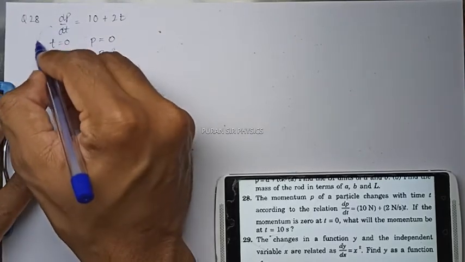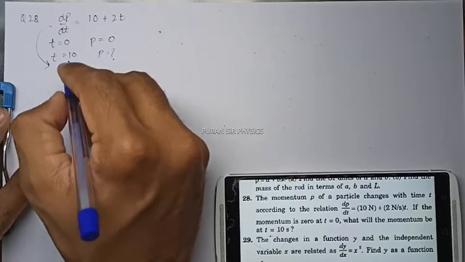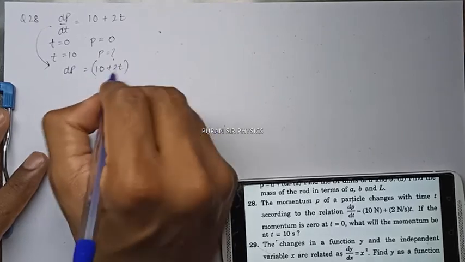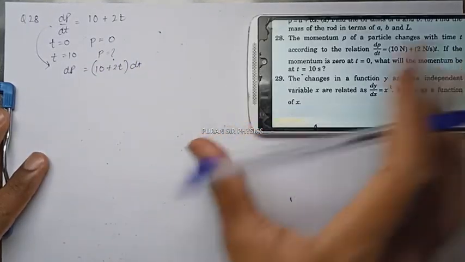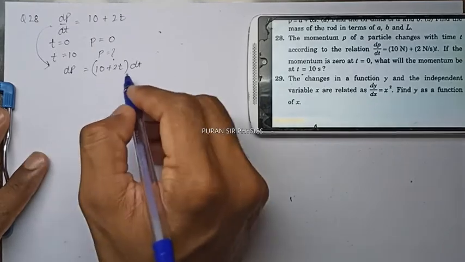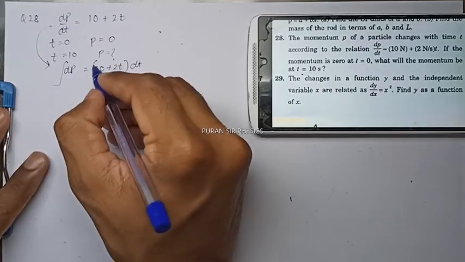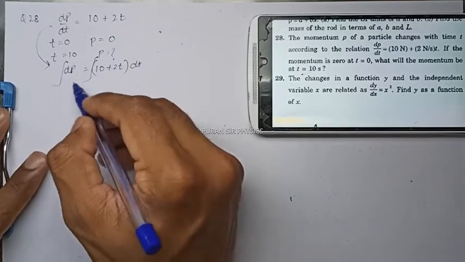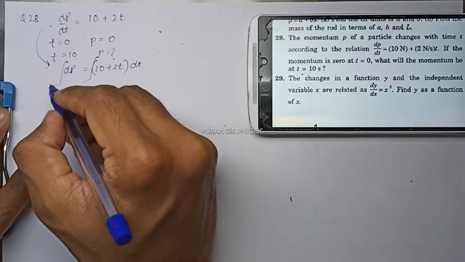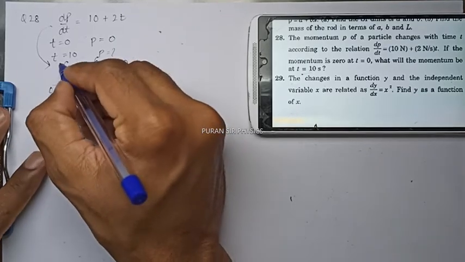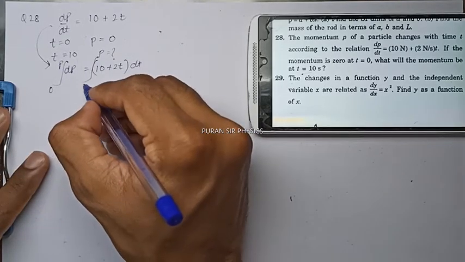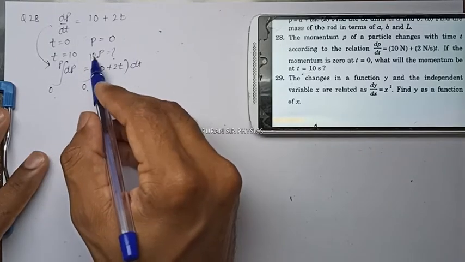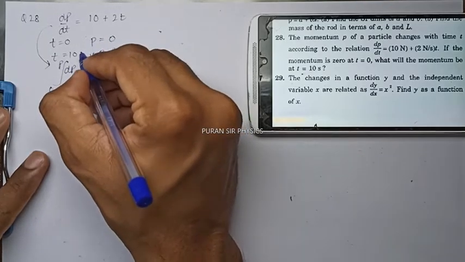So this equation can be written as dp equals 10 plus 2t into dt. So if we integrate this differential equation and apply the limits, the momentum is changing from 0 to p and the time is changing from 0 to 10. So when the time was 0, momentum was 0. When the time was 10 seconds, momentum was p. So it will be p,